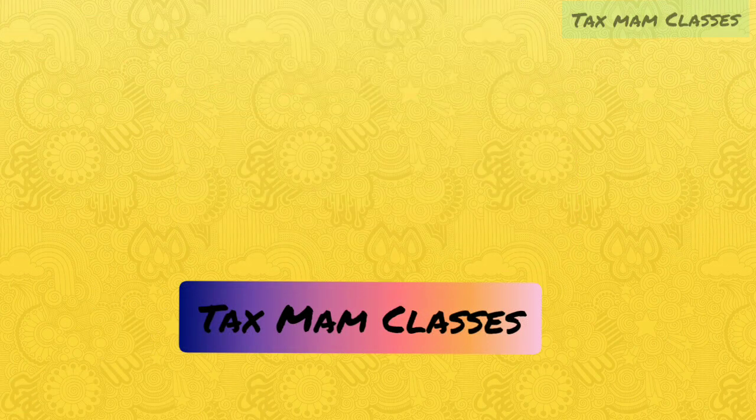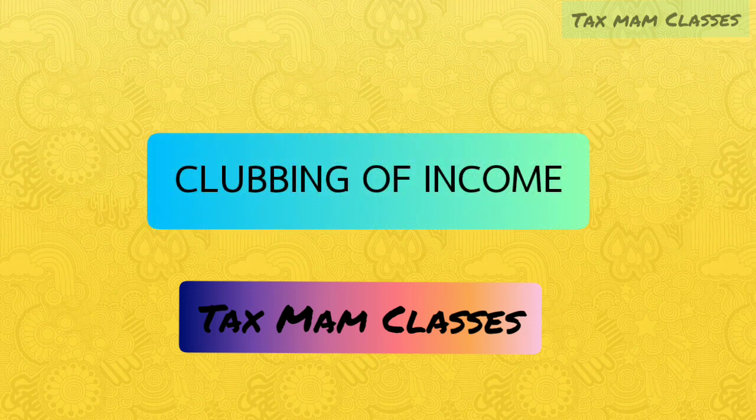Today we are going to discuss the concept called clubbing of income. It is unit number 3 according to Osmania University, and as the exams are getting near, many of the